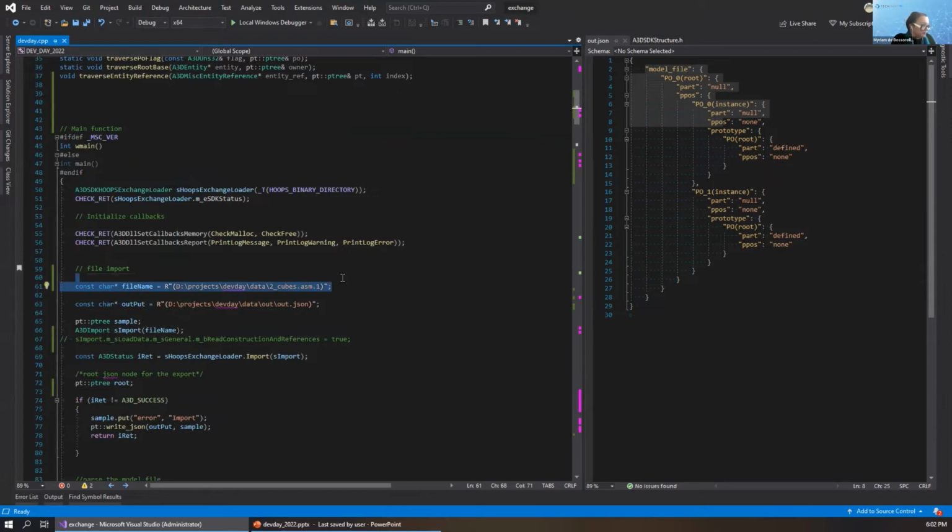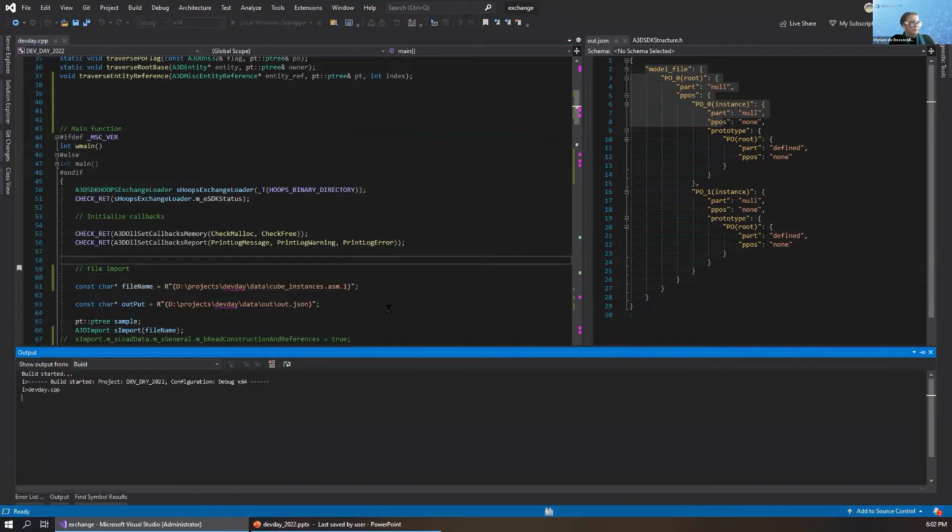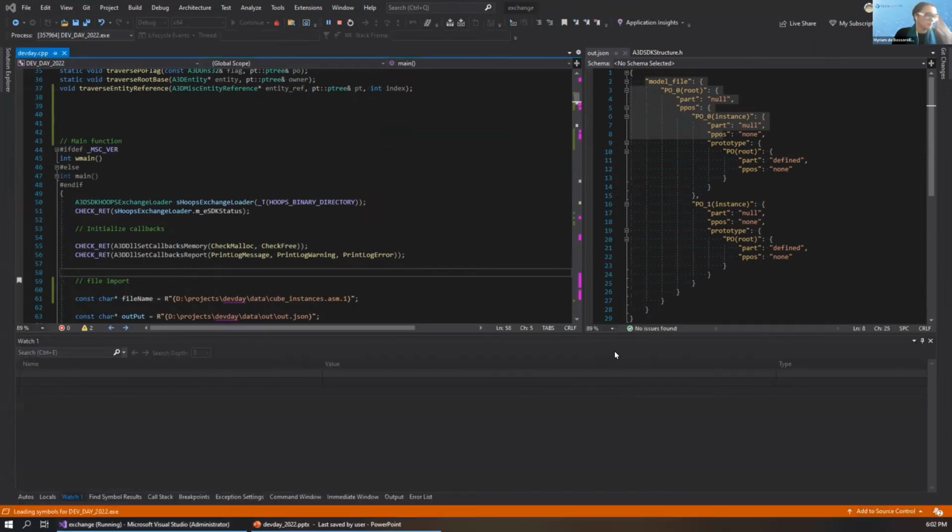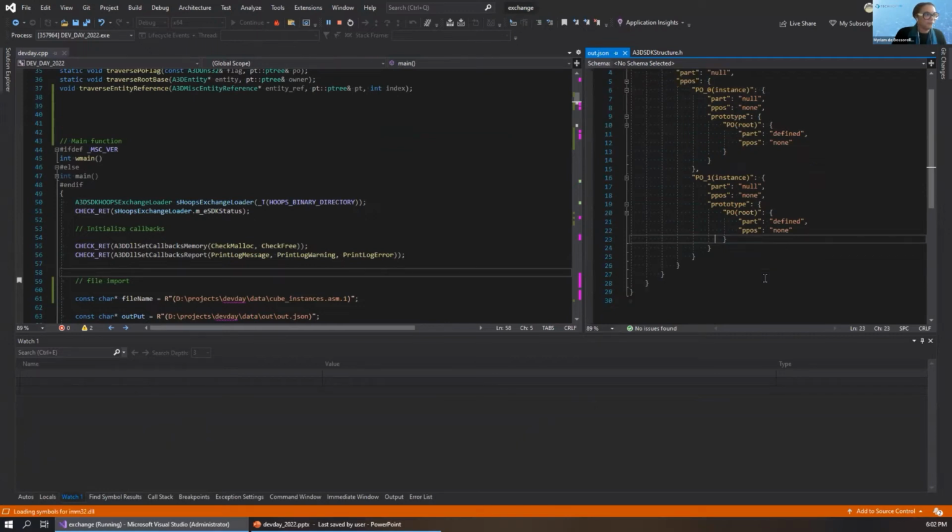I specify a new file path, and through that, generate the output. Okay.